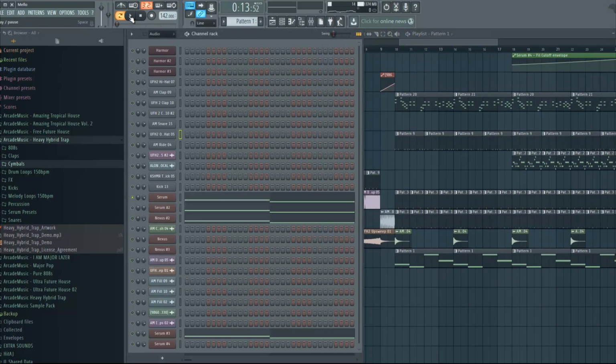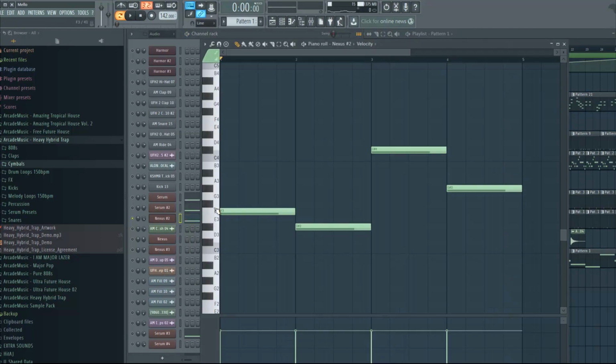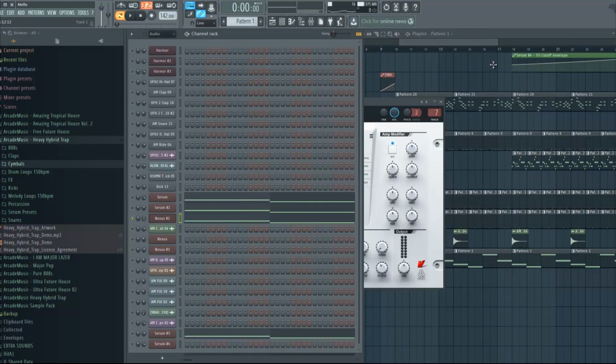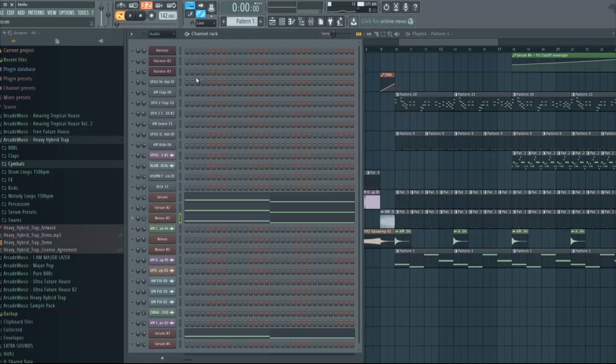So we have the sub bass, same as before. But then we have also this one, but I just lowered it a lot more. For this project, we don't really need this one, but I just kept it there. But then we have this bass from Nexus. And now we don't have the notes one after another, we just have long notes. And yeah, it's the default preset, really basic. And we have this one as well from Serum,